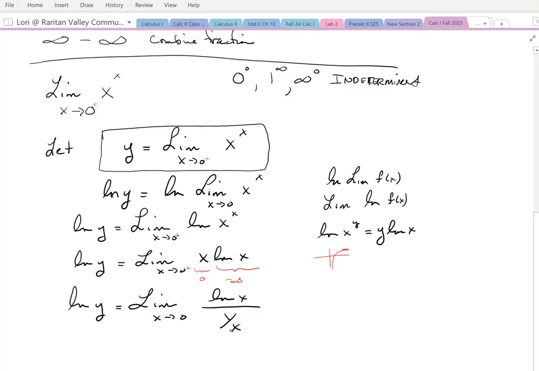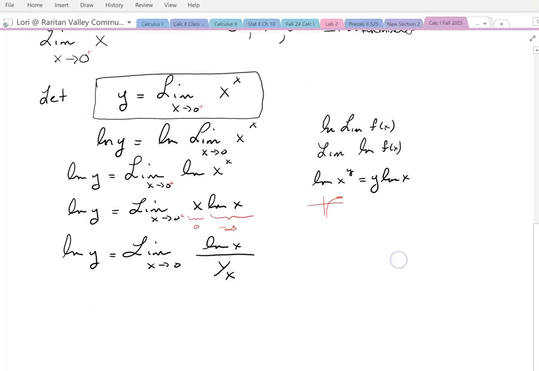because you can see clearly now that I'm going to get infinity over infinity, or remember it's coming from the right, over positive infinity. It doesn't matter, positive or negative. But we're good. We've got infinity over infinity. We can now apply L'Hopital. So this equals, according to L'Hopital's rule,